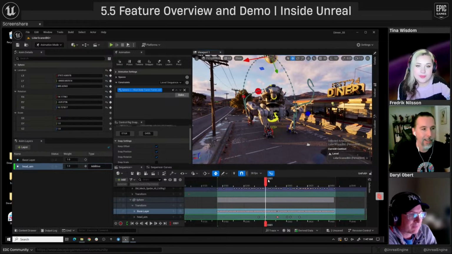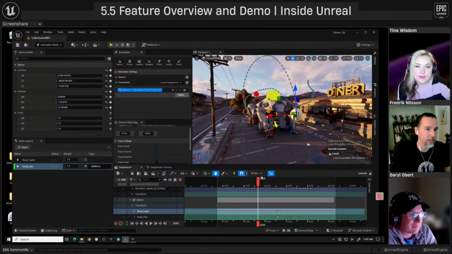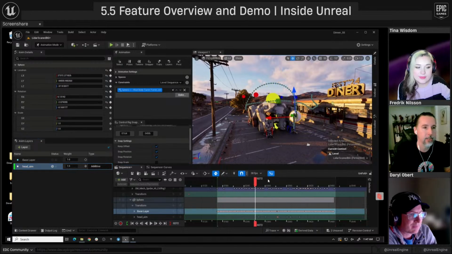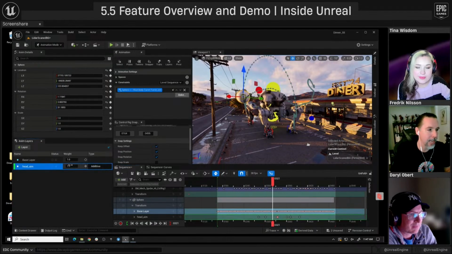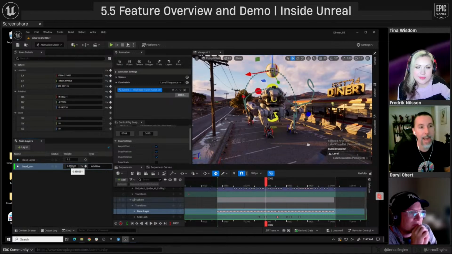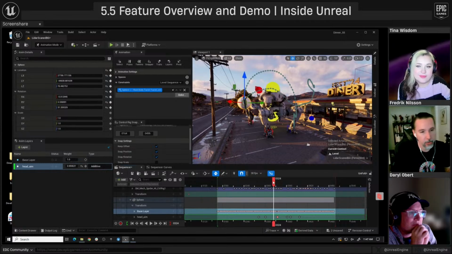And the nice thing is this is non-destructive, right? I can just mute this. If I don't like that, I'll just mute it and it goes back to the old results. I can also weight it down. So say this big arc change I made here, I only want a percentage of it. You can see I can weight it down to just half of the results of what I just changed. So that's just one use of animation layers.